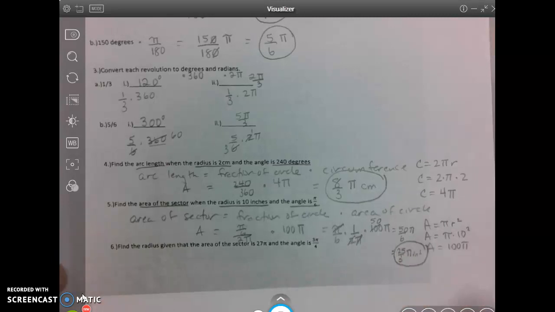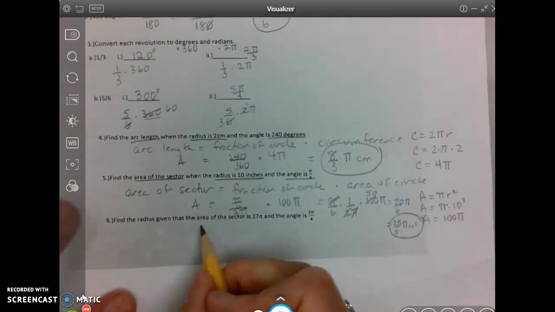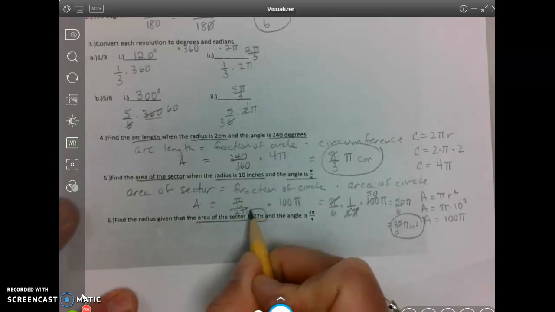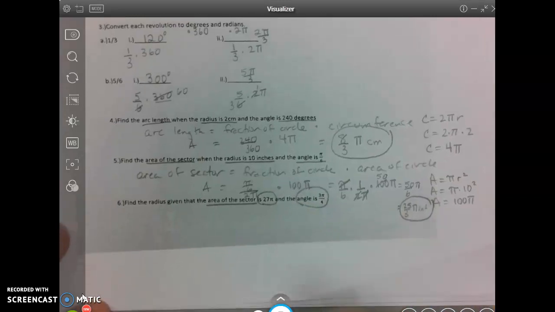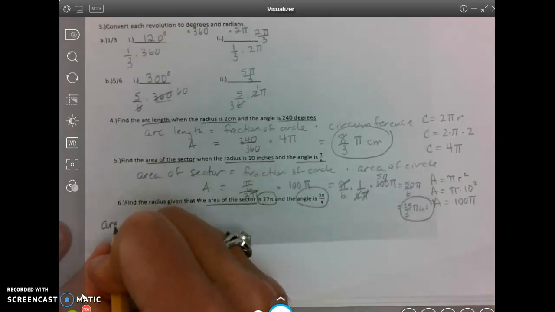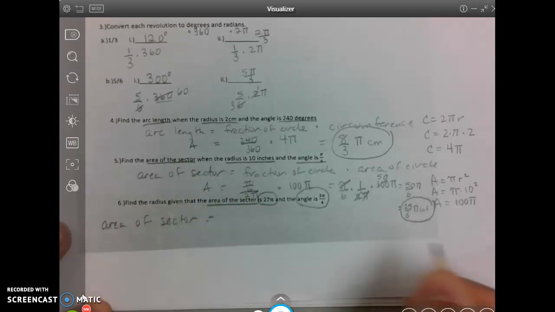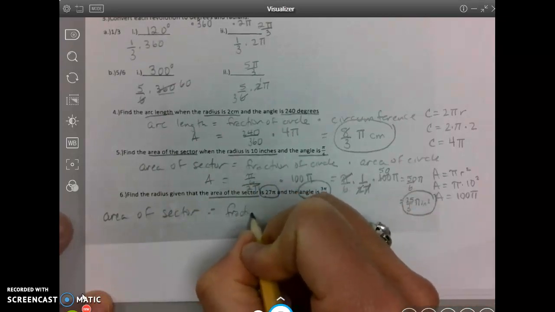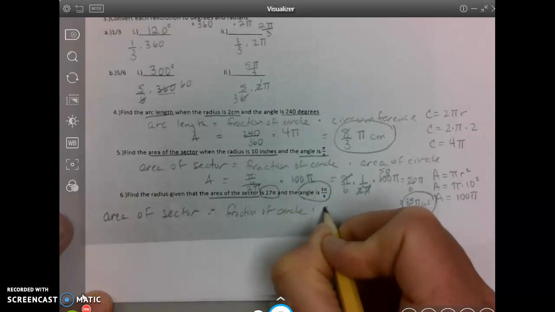25/3 pi inches squared. Number 6, find the radius given that the area of the sector is 27 pi and the angle is 3/4 pi. Again, area of a sector equals fraction of the circle times the area